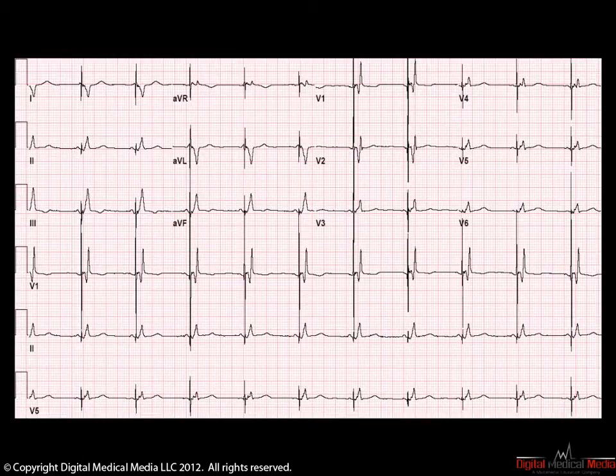In addition, ventricular pacing is occurring. We can easily see the large pacing spike which is present in front of each QRS. But what is unusual about this particular QRS is that it is relatively narrow. This QRS doesn't look anything like the complex present on ventricular pacing or dual chamber pacing. This QRS is relatively narrow. It has an unusual axis and an unusual morphology, but its very narrow nature is the clue that this is